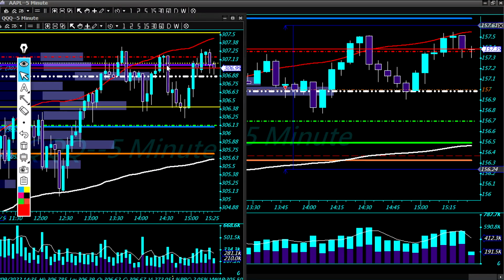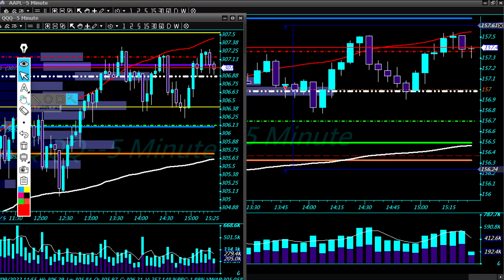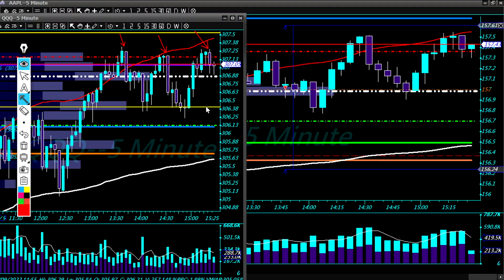Taking a look at the Q's chart right here, you could see I was saying before, we have this triple top right here. I mean, if it could survive this volume point of control though, I don't see why it would sell off. We keep buying up at that volume point of control, so